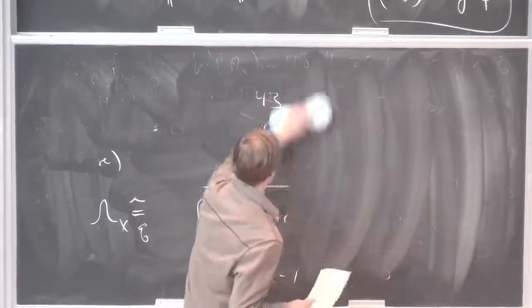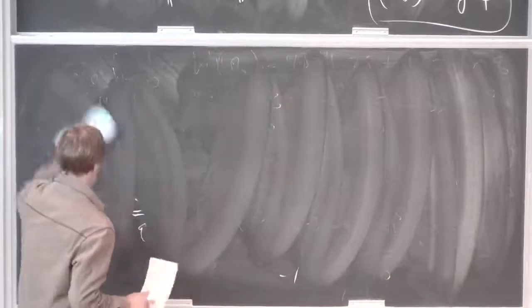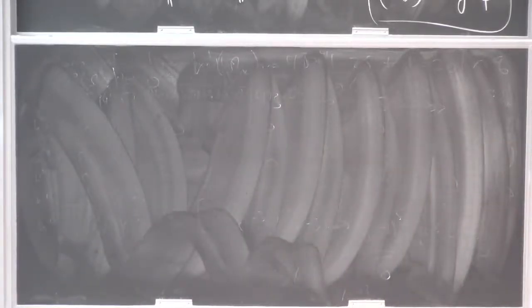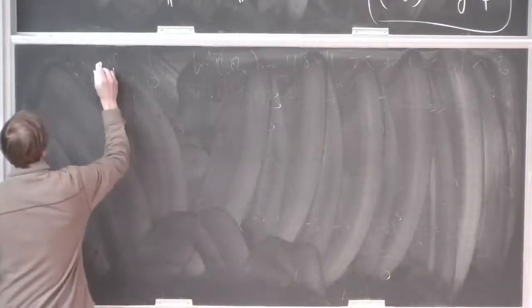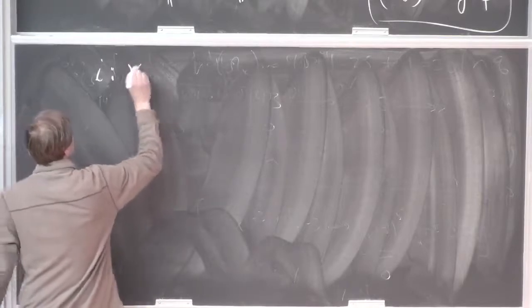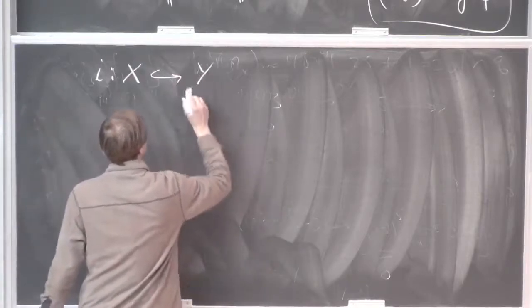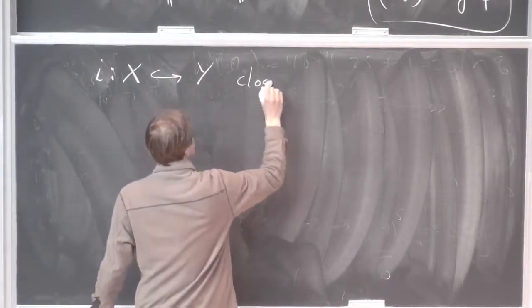Namely, if we apply this general duality in the case of a closed morphism, so if i from X to Y is a closed embedding,